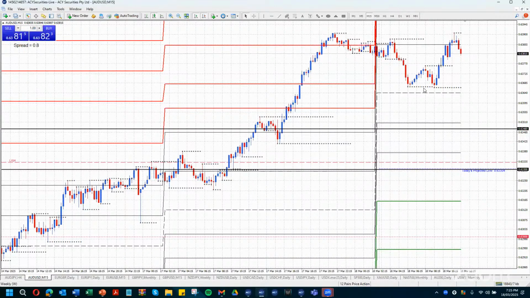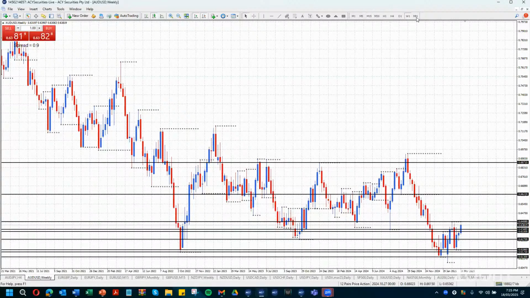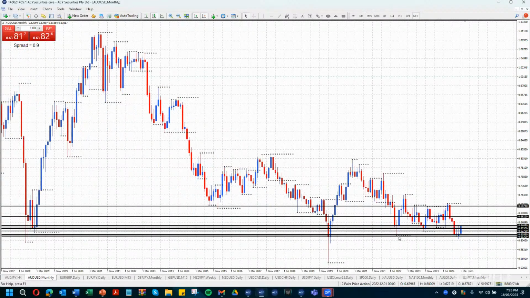See how the Aussie here, this is my 50-minute chart, couldn't get to the central pivot point, a little bit short. All right, so we're going to go on monthly chart, this monthly low here. I've been saying that this could be a long-term bottom, and I'm looking to trade up to the 68.71 area up here, generally the 69 area. That's where I think it's heading.